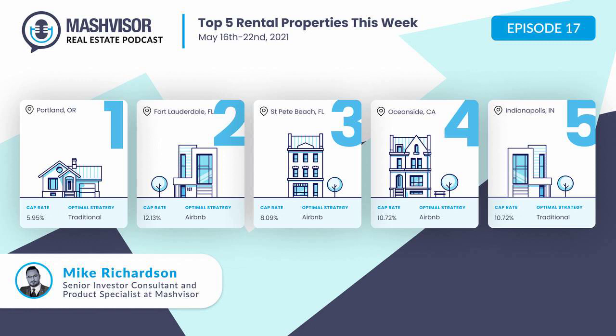The average Airbnb occupancy rate in this specific area is 71%. The optimal strategy for the location is an Airbnb with 3 bedrooms. This property has the potential rental value of $5,313 based off Airbnb comps in that area. With 20% down on a deal like this, you'd be paying off your monthly mortgage of $1,468 and your recurring expenses at $2,279. You'd be cash flowing